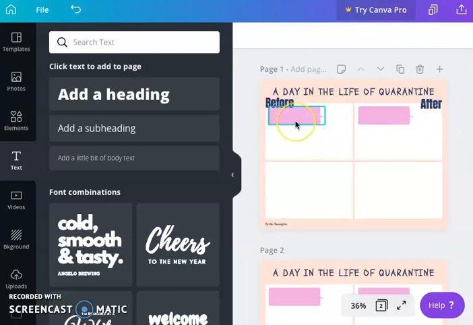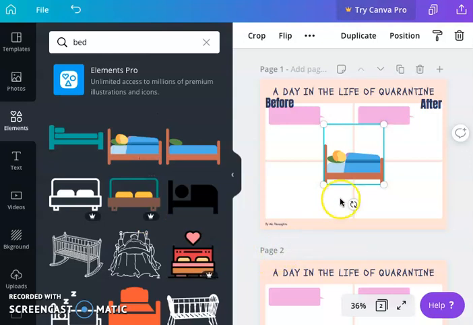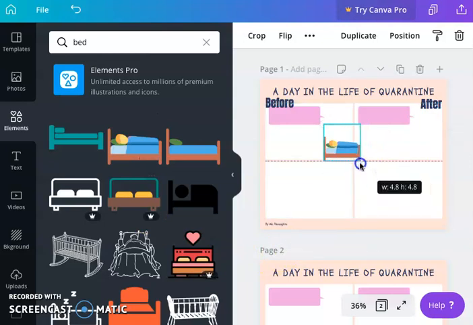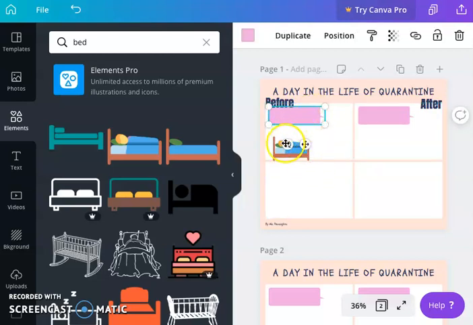I was thinking, how has my life changed in quarantine? The most obvious, I think, is the time that we wake up. So I'm going to search in elements. I've already typed them in, as you can see. I typed in bed to find someone sleeping in bed. Just pretend that's me. So I'm sleeping. And then, before quarantine, I was getting up pretty early to come see you guys, student